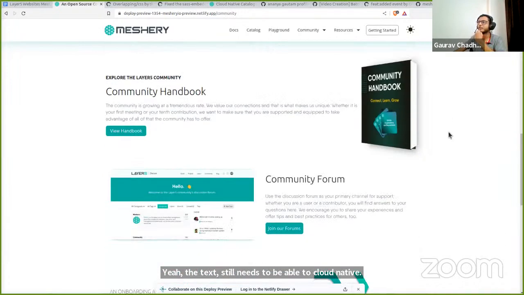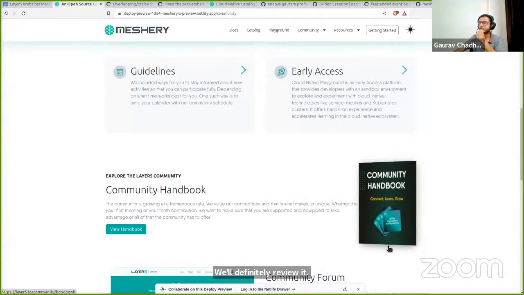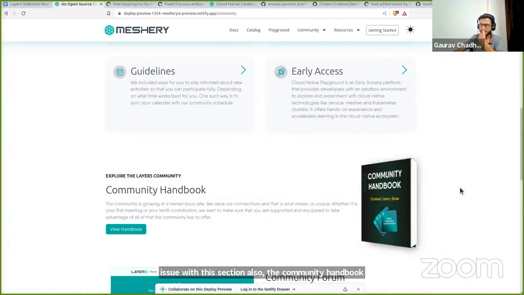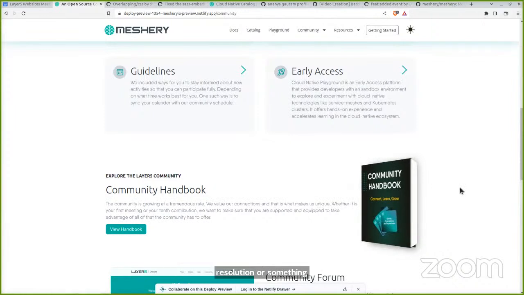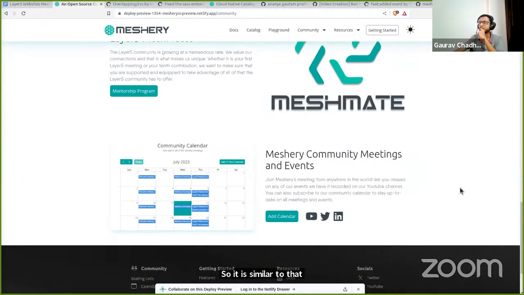We'll definitely review it. Plus, I remember there was one issue with this section also, the community handbook resolution or something. It was regarding the aspect ratio. So I just copy pasted all the ratios that were being used in the handbook of the Layer5 website, so it is similar to that. It was tested before.